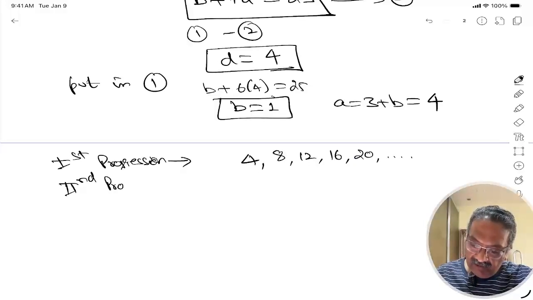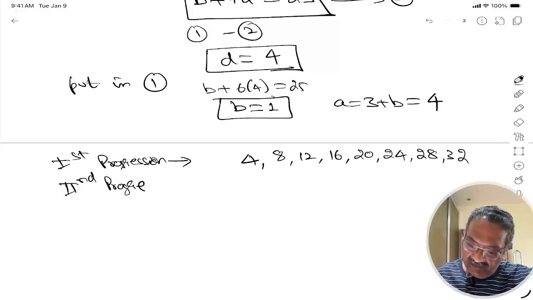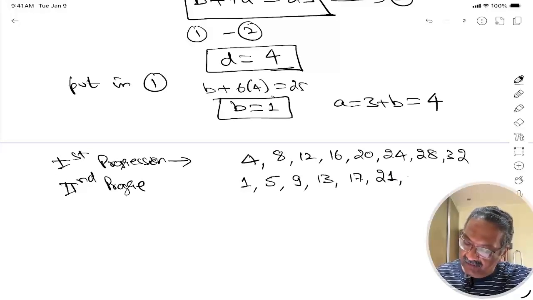And the second progression will be 1, 1 plus 4 is 5, 5 plus 4 is 9, 13, 17, 21,